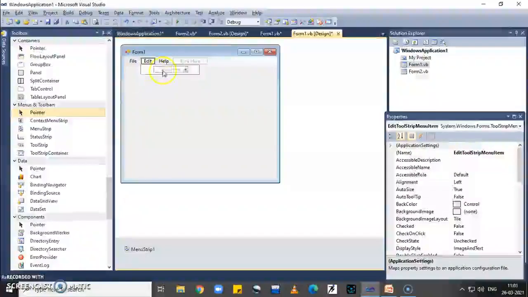Now in edit menu, write first menu item cut. Sorry, here edit. Below the edit, write cut.